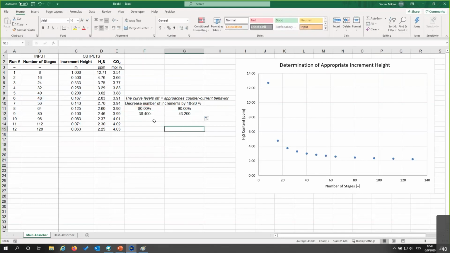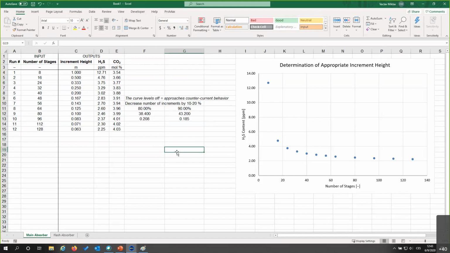Then I can translate this into increment height by taking 8 meters and dividing it by the number of increments. What you can see is that we would probably be already safe using 40 increments, so an increment height of around 0.2 meters. This shows you that with the typical recommendation we give, between 0.3 and 0.6,